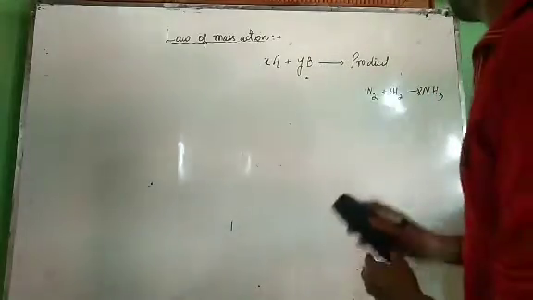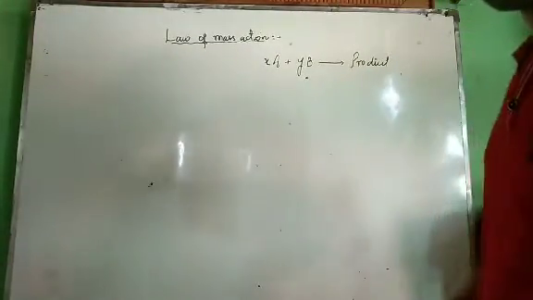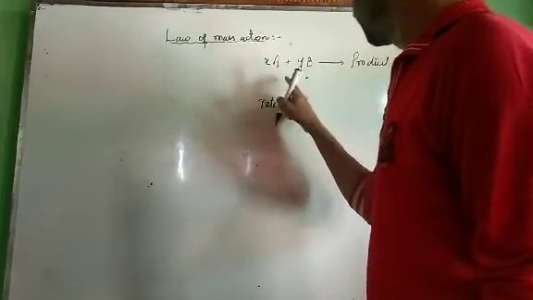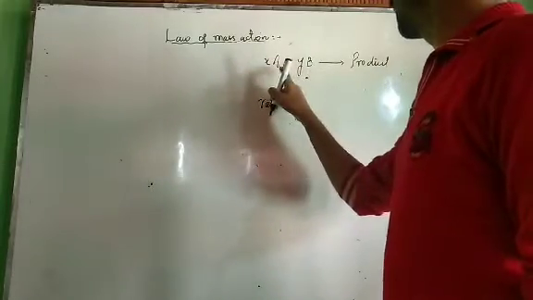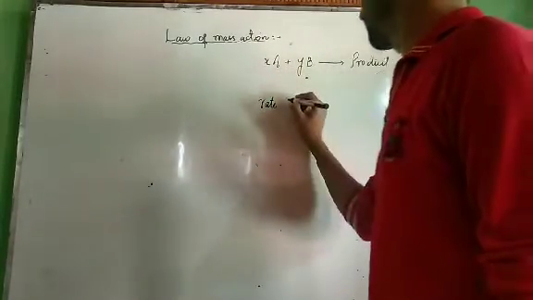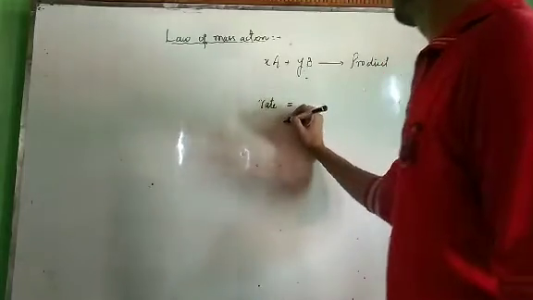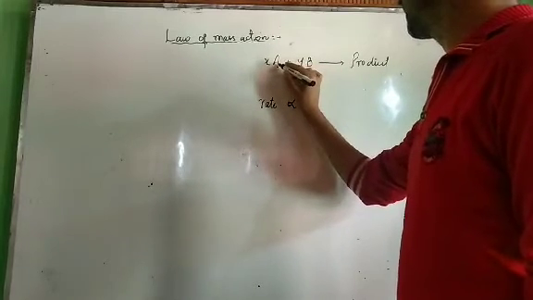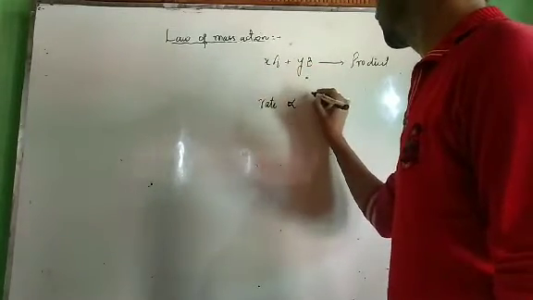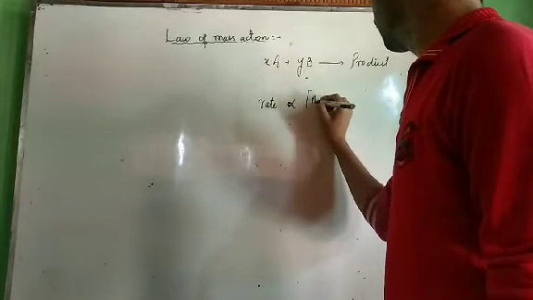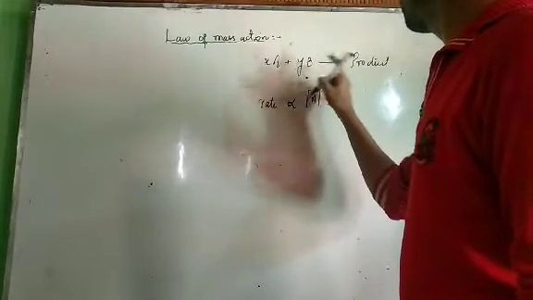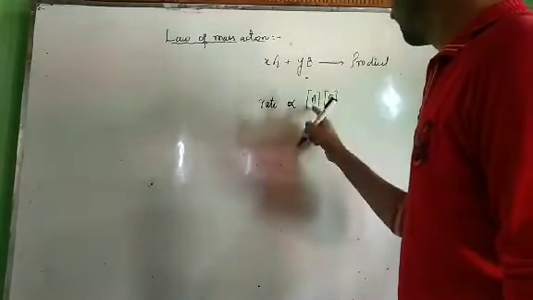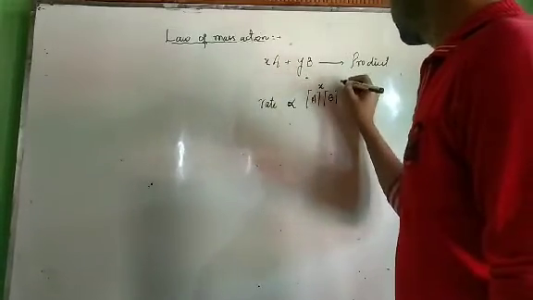Now if I apply the law of mass action to this, what does the law of mass action say? According to the law of mass action, the rate of this reaction, rate meaning the speed with which the reaction will take place, the speed with which the reactants will form products, will be directly proportional to the concentration of reactants. Concentration of reactant means the active mass of reactants. It is directly proportional to the active mass of A into the product of the active mass of the other reactant, that's the active mass of B, raised to the power of their stoichiometry. What is the stoichiometry of A? It's x. What is the stoichiometry of B? It is y.